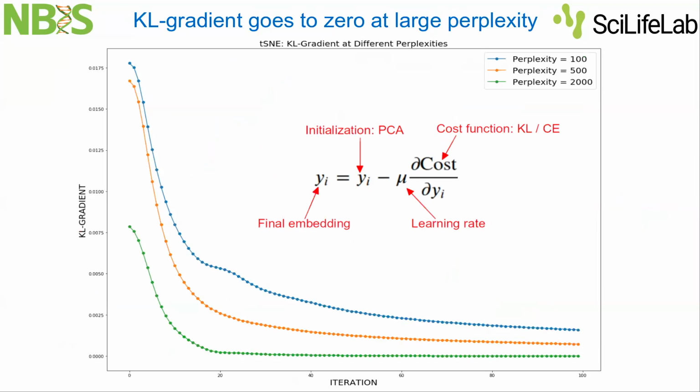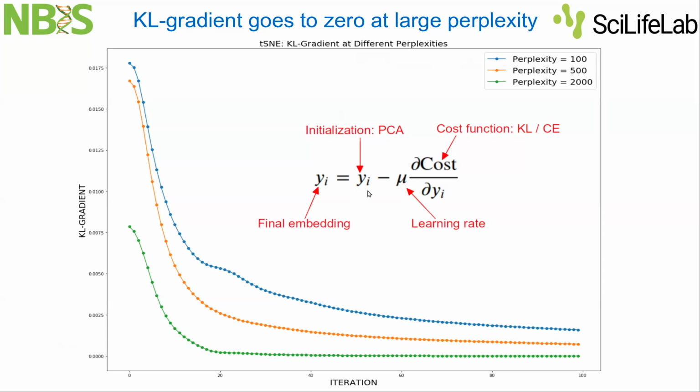But then, unfortunately, there is another complication here. When you increase perplexity, it turns out that the gradient of the Kullback-Leibler divergence actually disappears. So this is an equation for gradient descent. It means you update your low dimensional coordinates y using the derivative of the Kullback-Leibler divergence with this prefactor mu, which is a learning rate. So it's a standard gradient descent optimization rule. This is how t-SNE and UMAP actually do this optimization of the Kullback-Leibler or